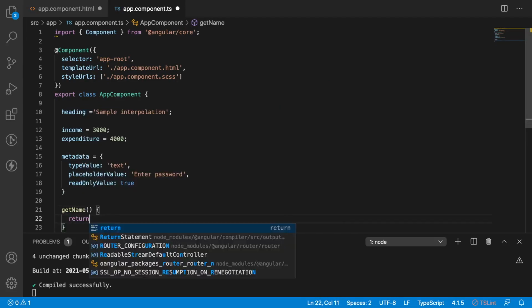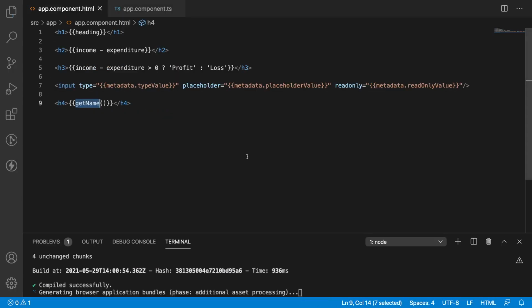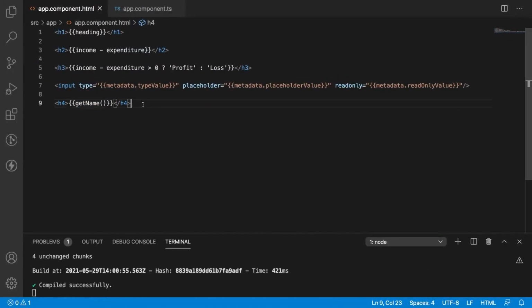Let me return some value like Sai Kumar. Now save this. Let me go back. You can see Sai Kumar. That means interpolation will help you get values from methods defined and declared in your TypeScript class. So this is what interpolation is and how to use it.